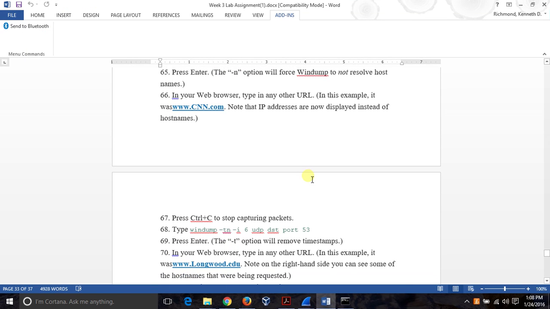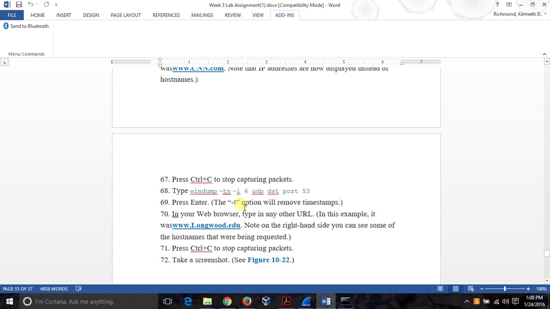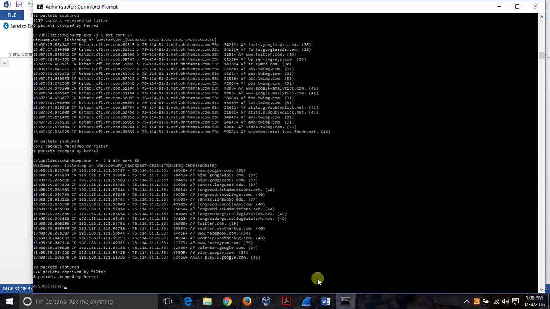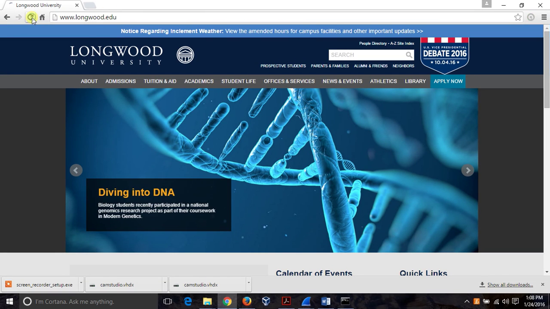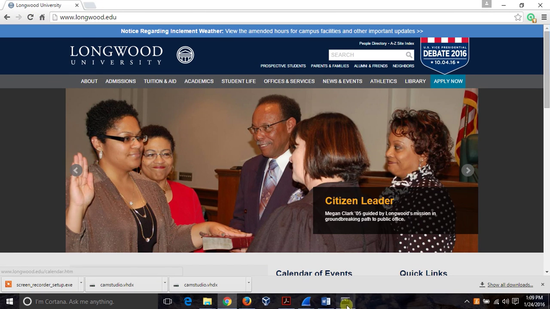If we look further down the list, we want to include the -t option to remove the timestamps from the command, and these are the timestamps. So we will do dash, and then windump allows you to chain together multiple parameters. We'll run that again. Let's go back and refresh. Pull that up. Let's look at our